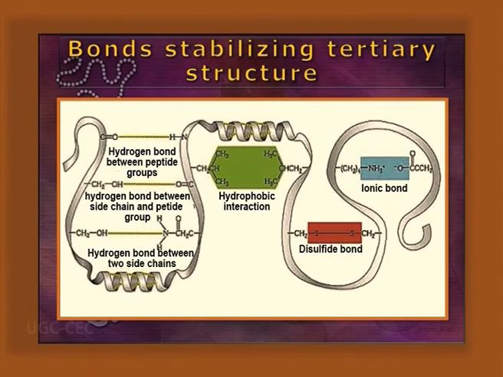You can follow the presence of the ionic bond. So, what is the aim of tertiary structure? Distantly associated amino acids come closer, interact, and make the fold. You can follow the disulfide bond. You can follow the presence of hydrophobic interaction, as well as hydrogen bonds made within the amide bond, as well as the side chains, and the hydrogen bonds made by the side chains of the amino acids.